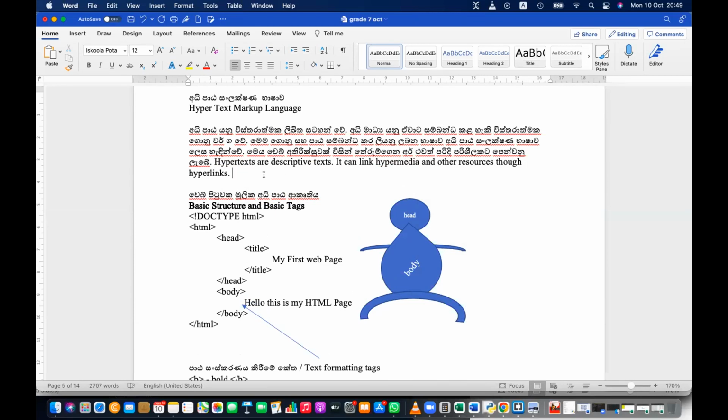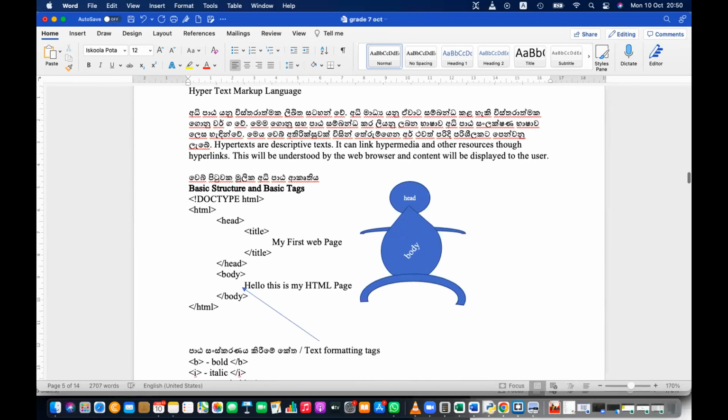This will be understood by the web browser, and content will be displayed to the user. So this is what is happening in the web environment.